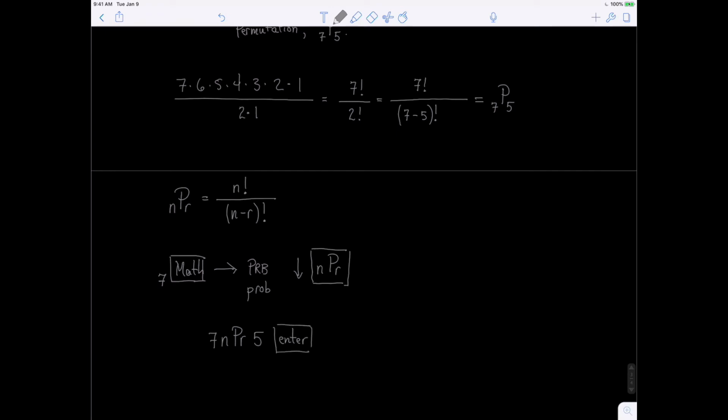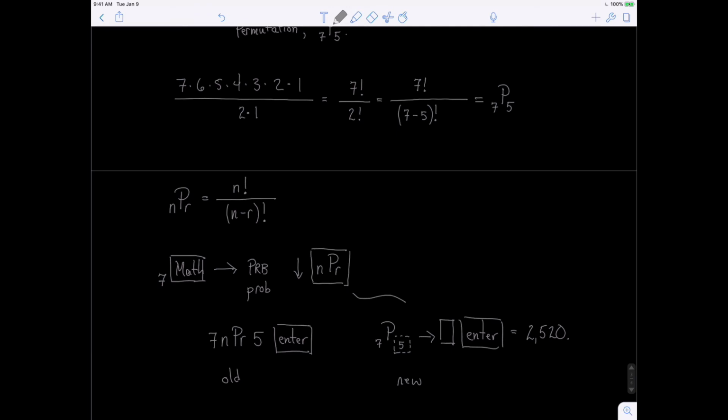If you have a newer calculator, when you press nPr, the 7 will become a subscript. It'll have a big capital P and a little block down here, and you put the 5 in, then arrow out of it so your cursor is up above like you would expect, and press Enter. If you've done these correctly, you'll find both ways you come up with the answer of